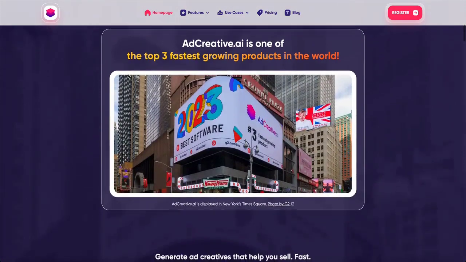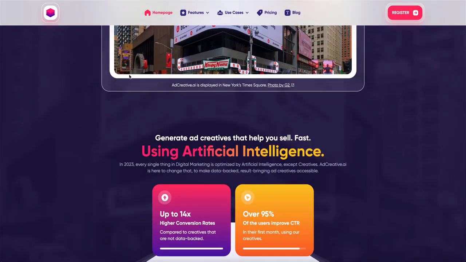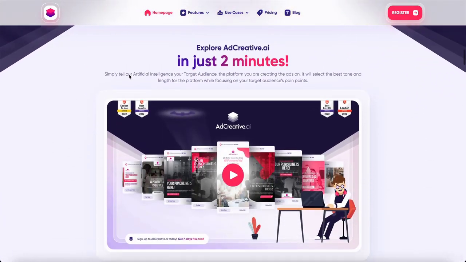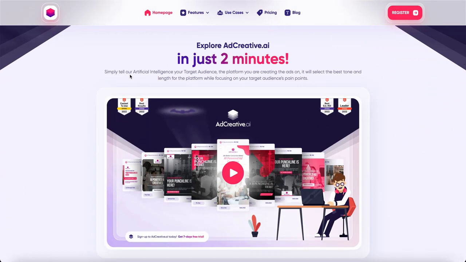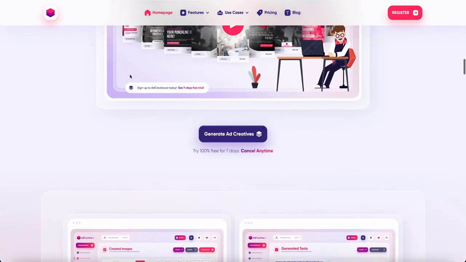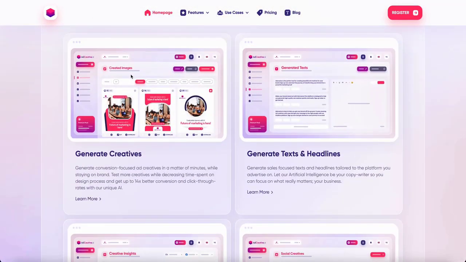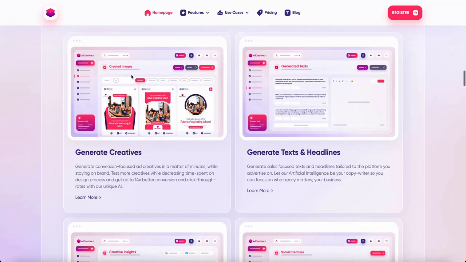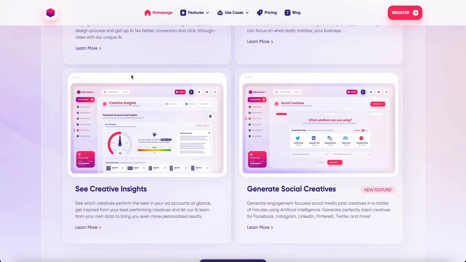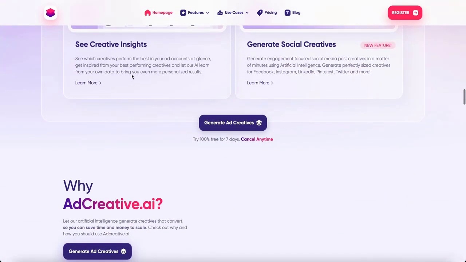It's really true that you can create creatives in a few minutes. You are guided through the step-by-step process to generate creatives, headlines, and even see some insights and social creatives.